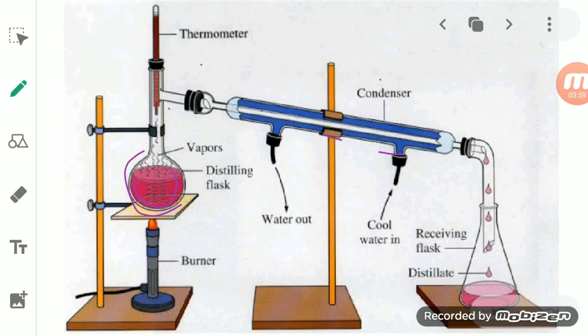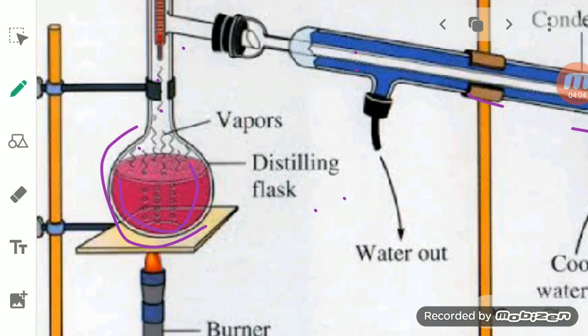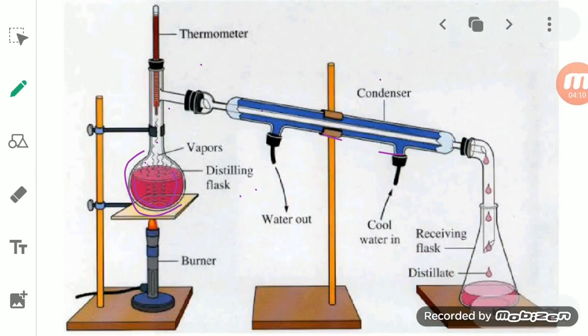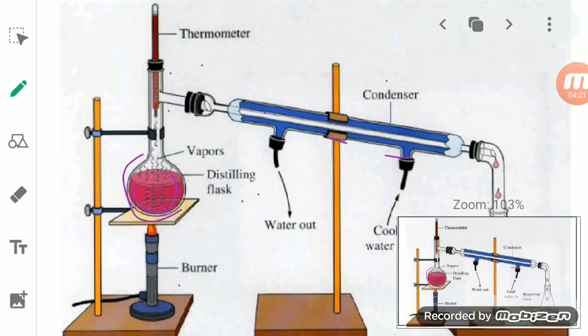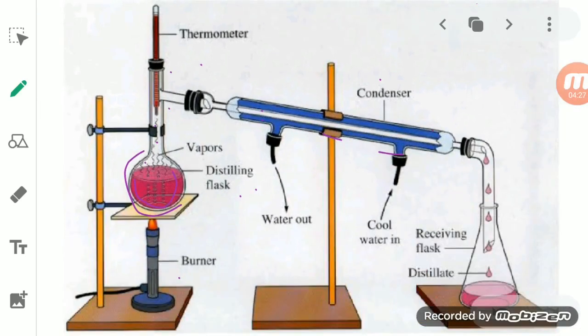You can see here a flask, and the flask is a distillation flask. It is kept here. A burner stand is there, and this stand, you can see here. A burner we are using to heat it. Here we use a cork, and the cork is connected with a thermometer. We use a thermometer to measure the temperature, or the boiling point, of the liquid. So a flask is there, a cork is there in which the thermometer is fixed, and then you will see a condenser is there.